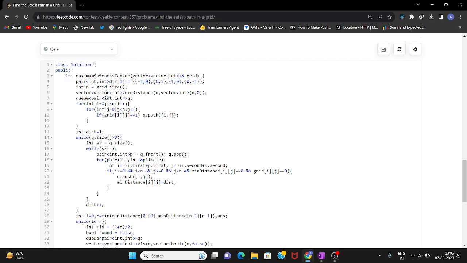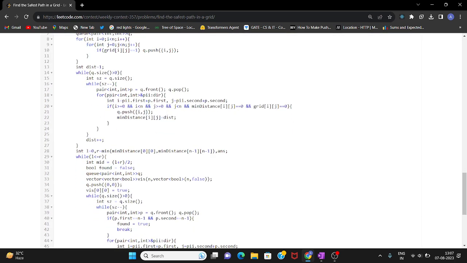To go right, we do nothing with the row, and increment the column by 1. To go down, we increment the row by 1, and do nothing with the column. To go left, we do nothing with the row and decrement the column by 1. So this way we can make 4 choices very easily.